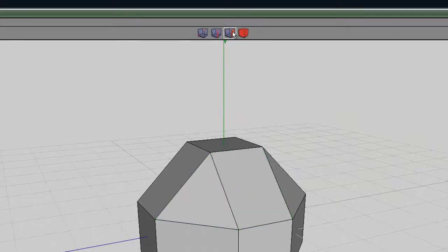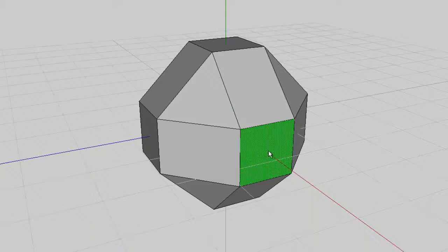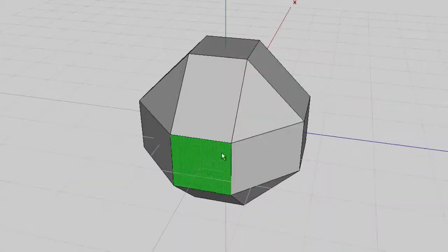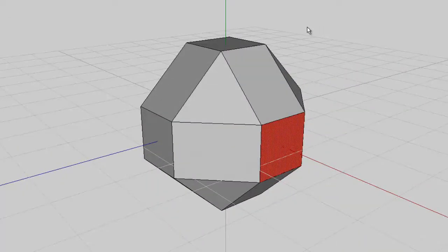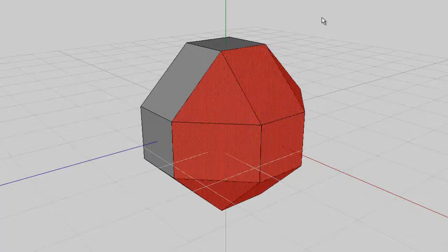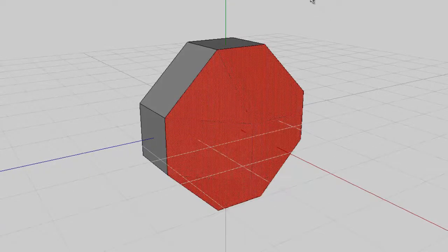So this tool here allows me to select a single face. If I select a face on one side, middle button rotate, and left click, select the face on the other side, and then press the plus key. That just extends the selected faces by 1, and then press delete, which gets rid of all